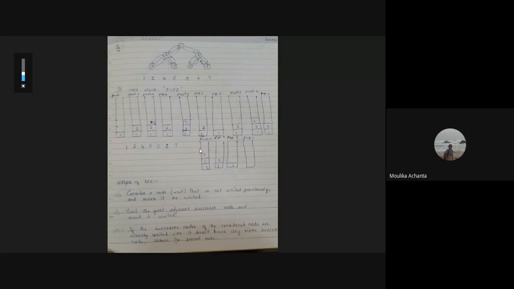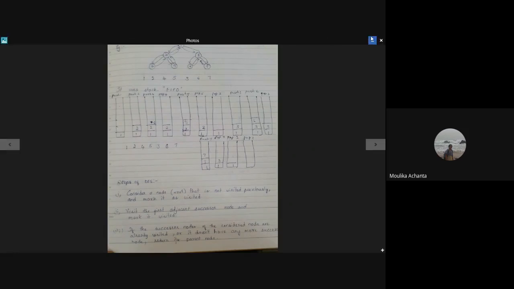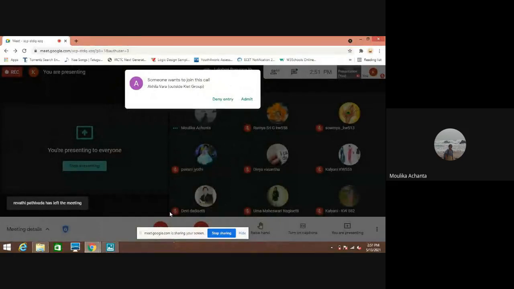Visit the first adjacent successor node and mark it visited. Adjacent successor node in the sense will always start from the left subtree. If the successor nodes of the considered node are already visited or it doesn't have any more successors, then return to the parent node.